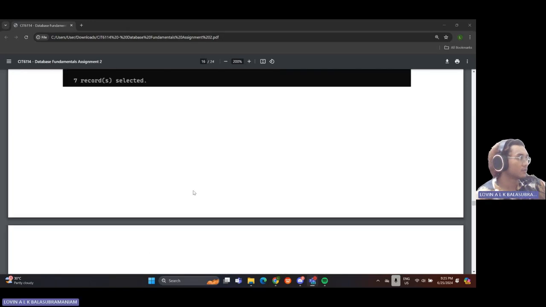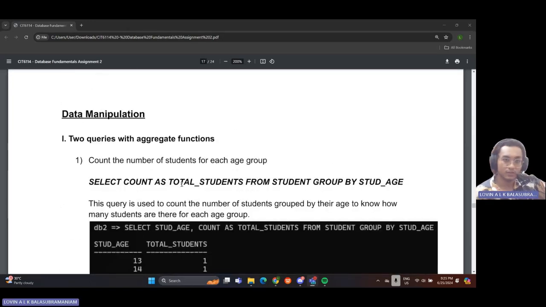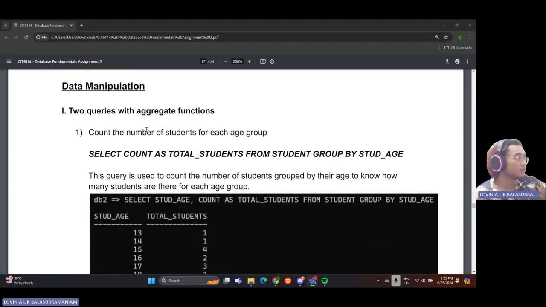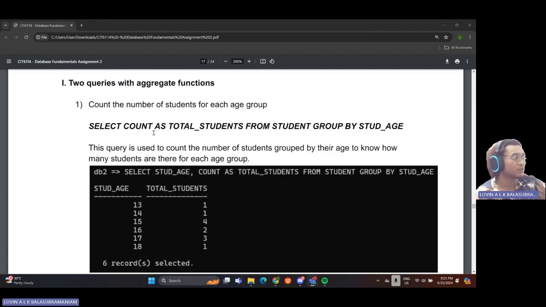Now, for the next part, I did data manipulation. I did half of this. I did part 1, part 2, part 3, and my other friend did the rest. So for part 1, 2 queries with aggregate functions. As you can see, the first one will be to select count as total students from student group by student